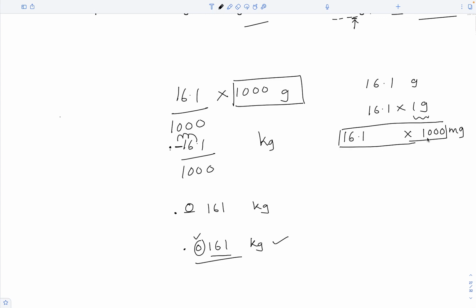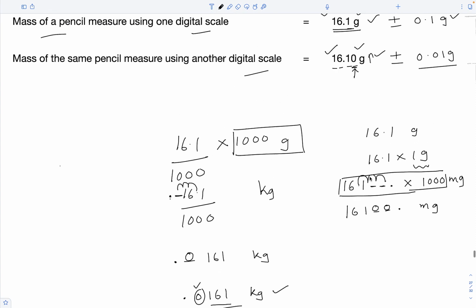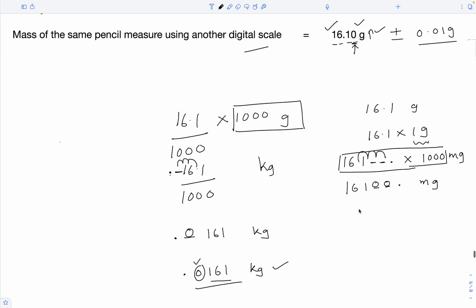During multiplication, for each 0, we have to move the decimal point by 1 place to the right. So for 3 zeros, we have to move it to the right by 3 places. So this will be the new position of the decimal point. So we can write it as 161 space dot milligrams. Now again we have to fill these empty spaces with zeros. So the value of this measurement in milligrams becomes